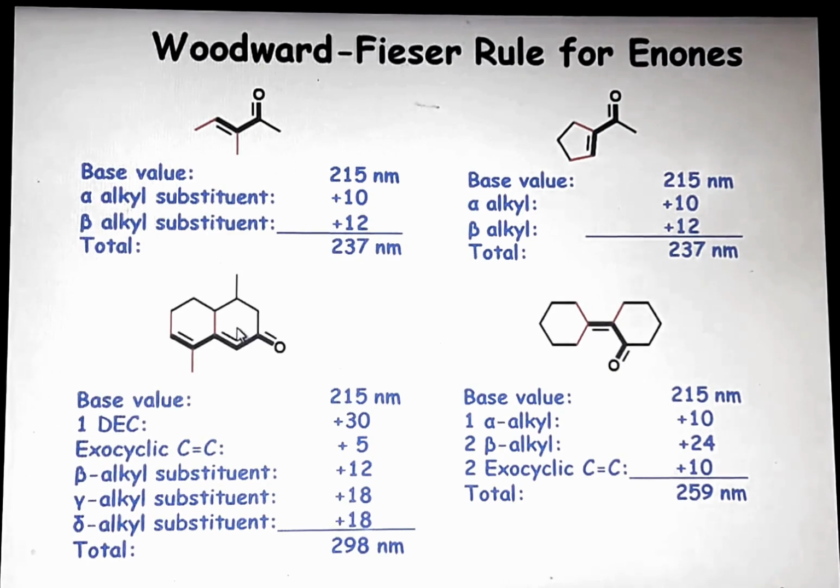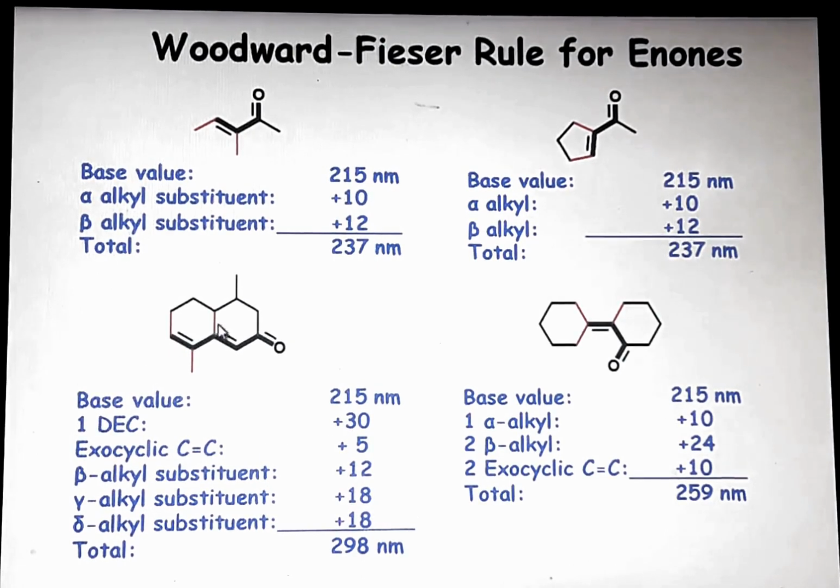In the second example, this is the example of a 6-membered alpha beta unsaturated carbonyl compound. So here you can see alpha beta. On beta carbon one ring residue is present, on gamma carbon an alkyl substituent is present, and on delta carbon one more ring residue is present. So here the base value is 215. Now extra conjugation with respect to this system. So extra conjugation is there, single bond and double bond. If an alternate double bond is present with the system, then that is called extra conjugation. For extra conjugation we are adding 30 nm.